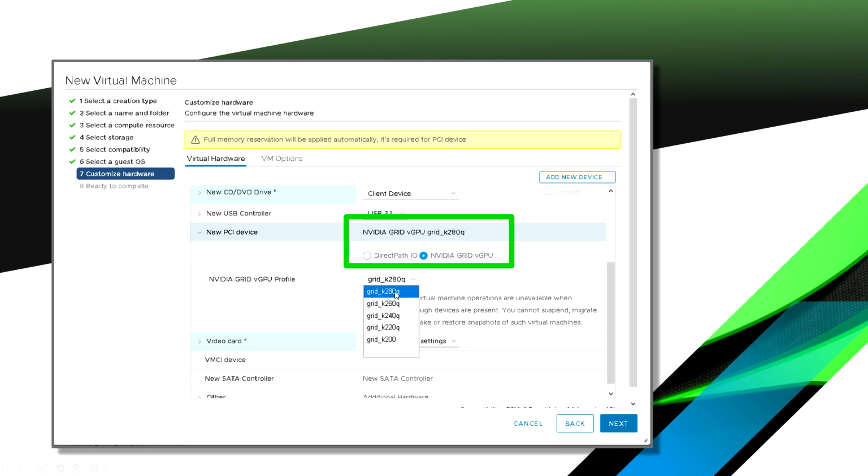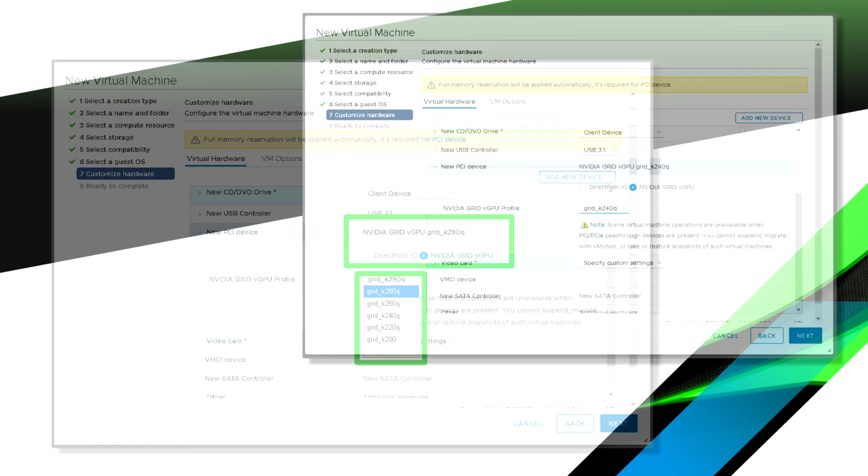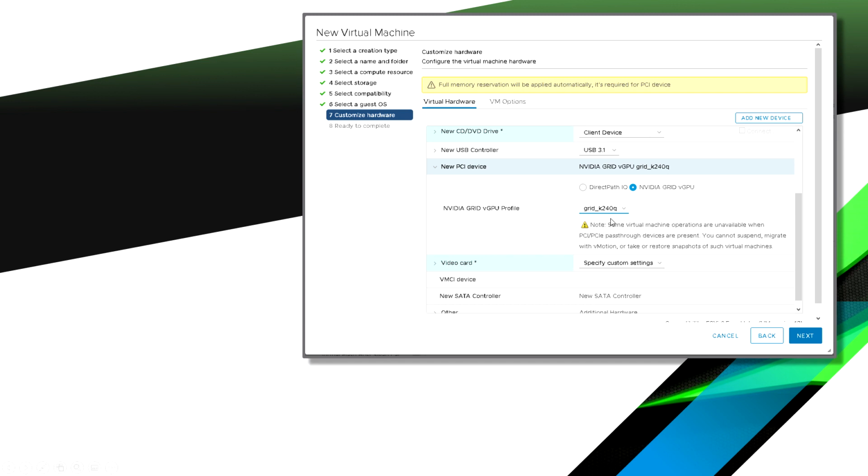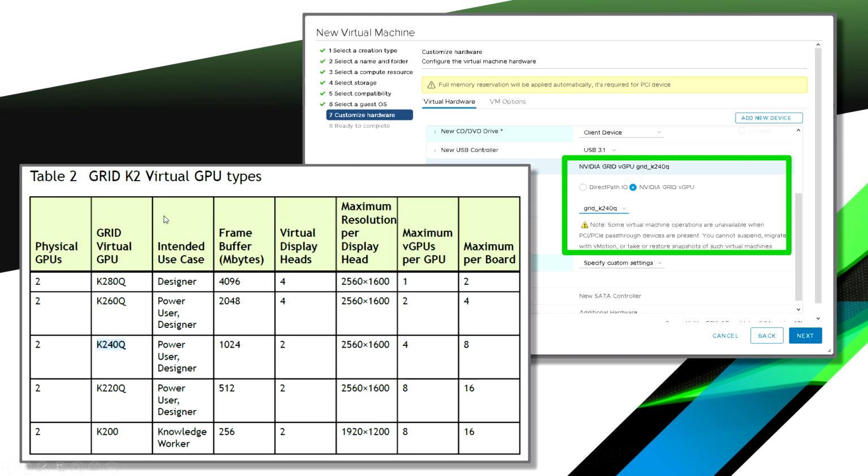Remember we talked about the size of the slice or the size of the piece of birthday cake that you could carve it up to. We're going to use this profile here, and we're going to pick from them here. So these are all the different sizes available, and what I've done here, I've picked the K240 version here. So again, I've gone for GRID and I've gone for K240. The reason I've picked this one is that if you look at this chart, and each chart is specific to the particular graphics card, the K240Q is this one here,